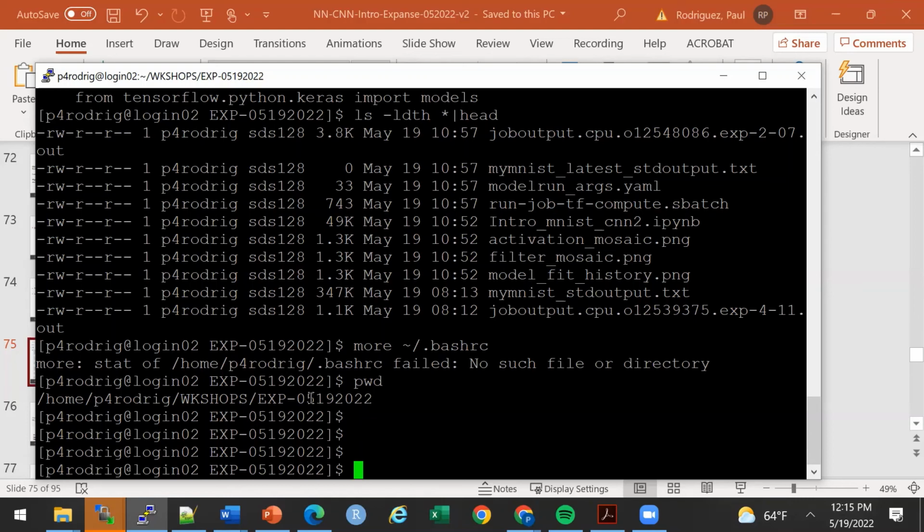One comment I would make: if you're going to set up your own environment on Expanse, and especially with running, say, TensorFlow or PyTorch on GPUs, we generally would recommend Conda, just because then it'll bring the correct version of CUDA that you need for whatever version of TensorFlow that you're installing. If you go the pip install route, it sometimes gets a little bit more complicated. So that's the one thing I would mention.